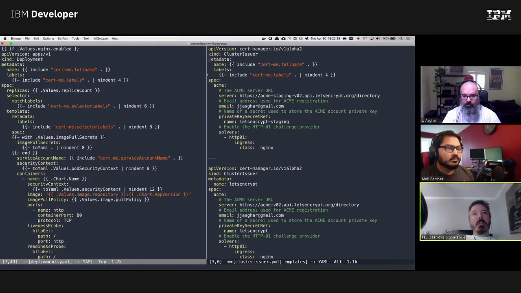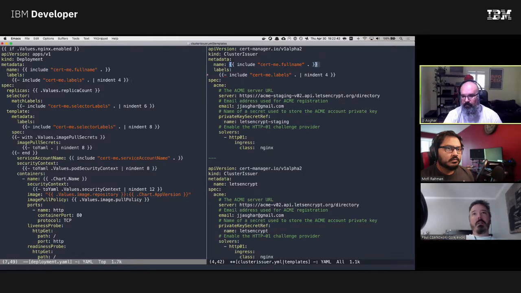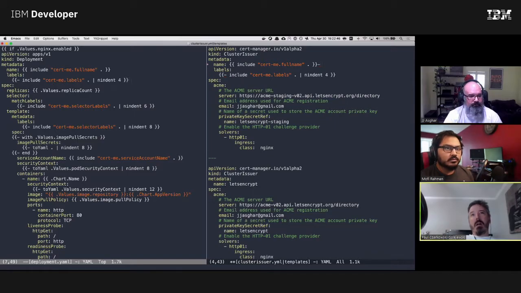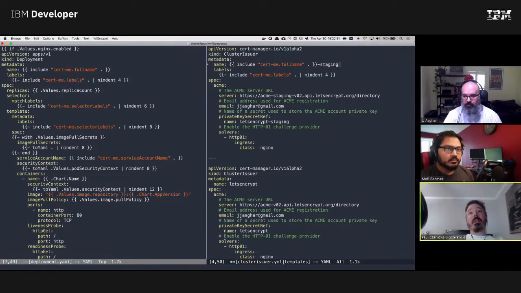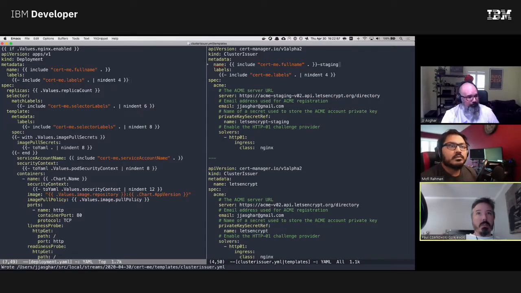So basically its name should be that, copy that whole block across. And then kill those two lines. And then on the name line, finish that with a dash. No, don't do anything there. After the close. Oh, after the close. Okay. Do dash cluster issuer? Staging. Staging. Yeah. Because we already know it's a cluster issuer because that's the type. Got it. And then the labels, I think, will still be okay. And then do the same for the second one, except we'll call that